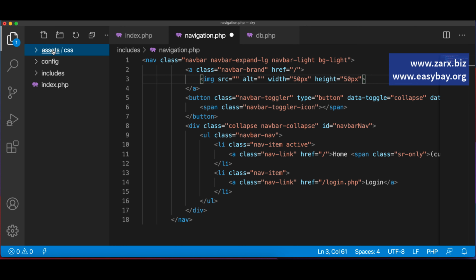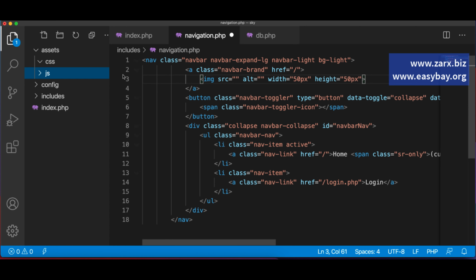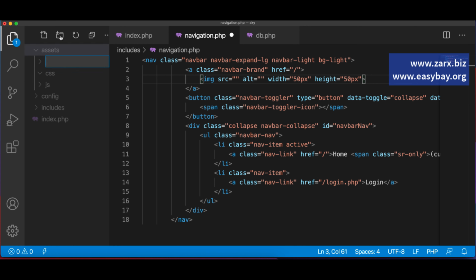Now in the assets directory, I'm going to create another directory with the name JS. Any JavaScript or jQuery files you will be including, you will put here, not the CDNs. Now we need to include an image. So again, inside assets, we create a folder images. Any project images we can include here. So inside these images, we need to add an image. So I have an